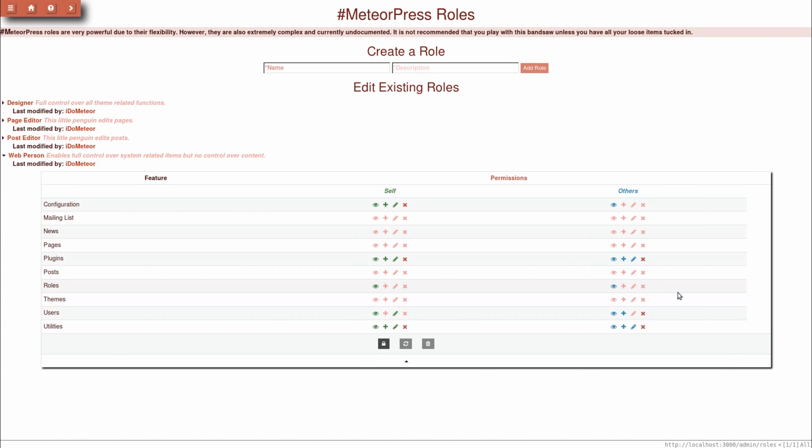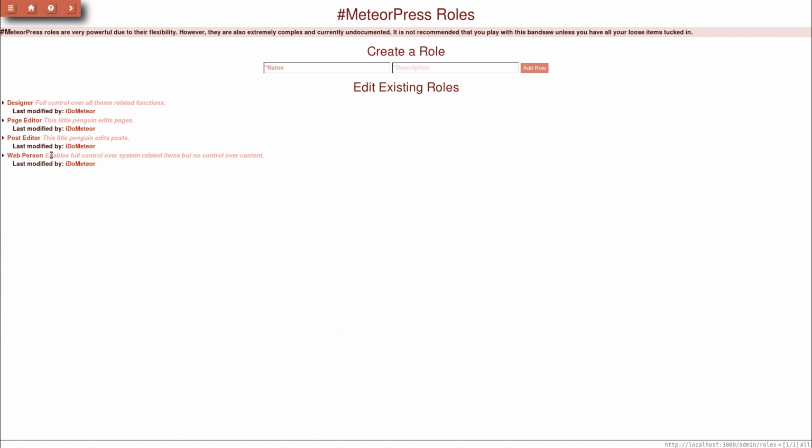You can see these different roles, permissions have been assigned, and that's actually a fairly complex role if you think about it, especially if you combine that person who's assigned this web person with a post editor and maybe a designer. If we take a look at the designer role,